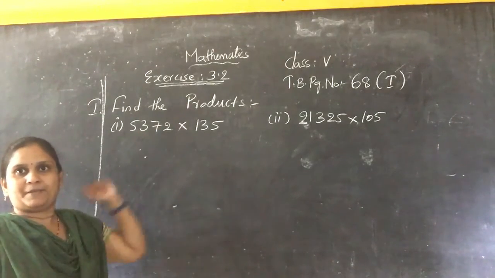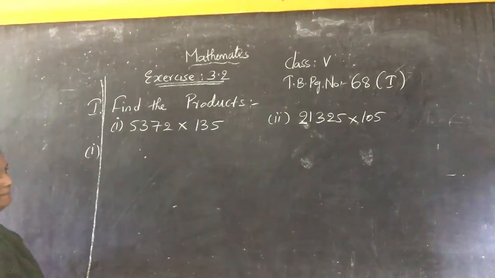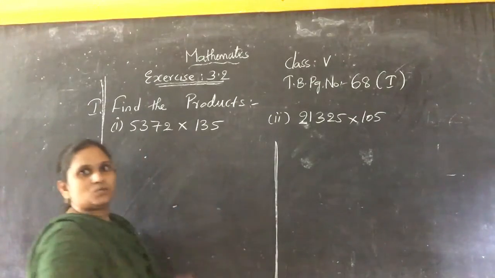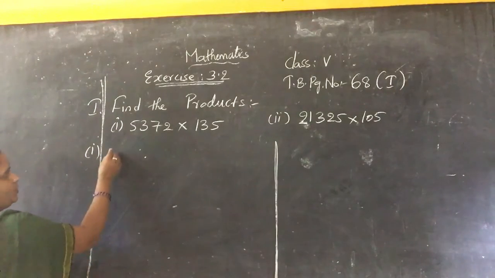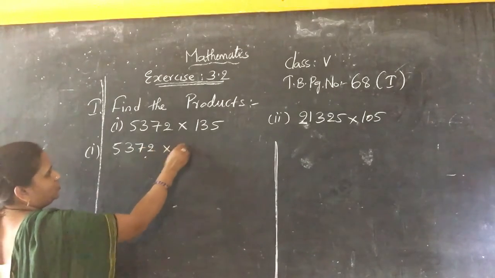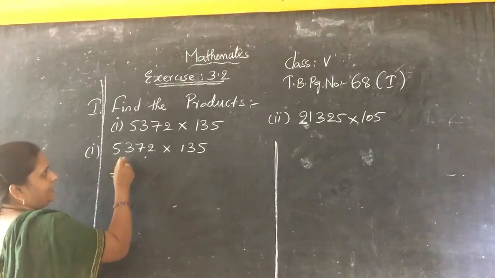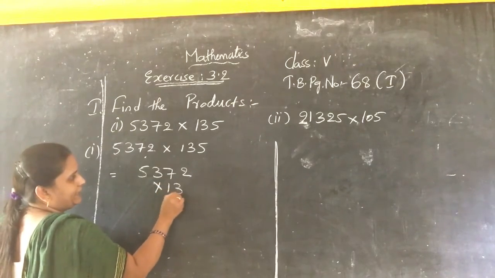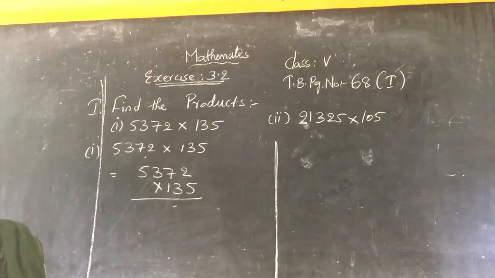After writing with the black pen, now take out your blue pen and copy the first sum outside the margin. And dear children, you can draw 2 lines in the middle, because one sum you will do here and the second sum will be continued on the second side. First one, write along with me everyone. 5372 into 135. After that is equal to, same. Write the number 5372 into 135. Give half a finger gap and write neatly children.